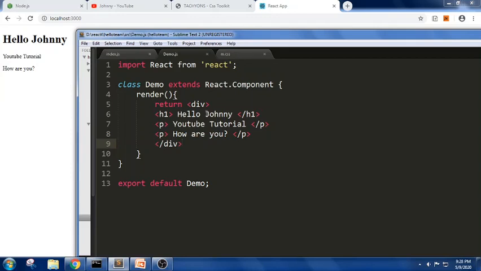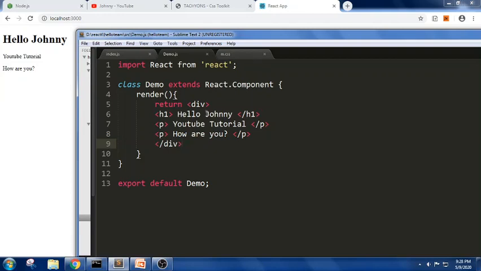So we will be using this JSX here. We can call line number 6 to 9 JSX elements. These are used to define the HTML elements within this JavaScript code. It allows us to write HTML in React applications. It doesn't use any createElement or appendChild methods, but it converts all the HTML tags into React elements. Now let us visualize the output here. Yes, we got the same thing that we have written in the class component.